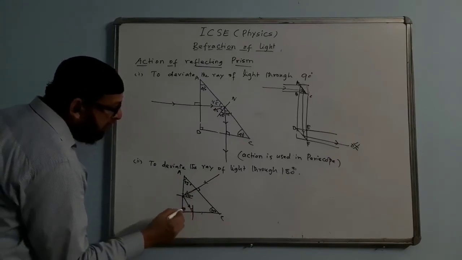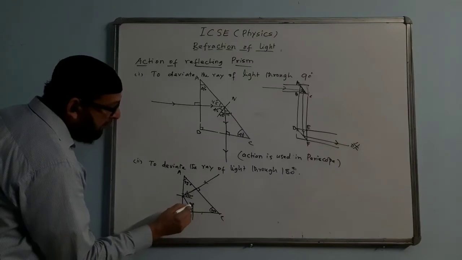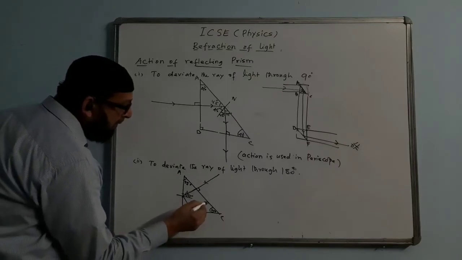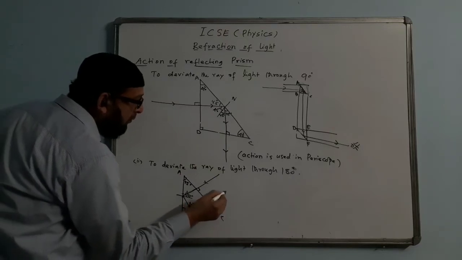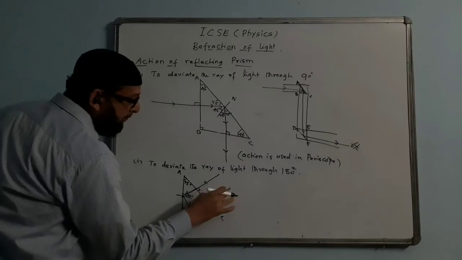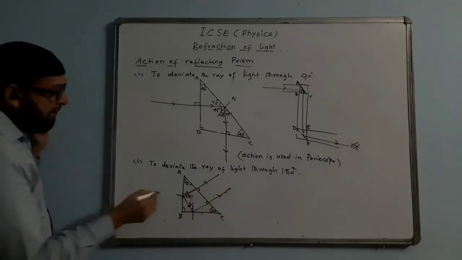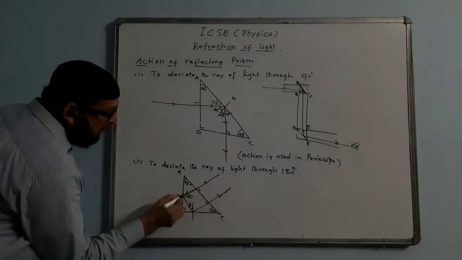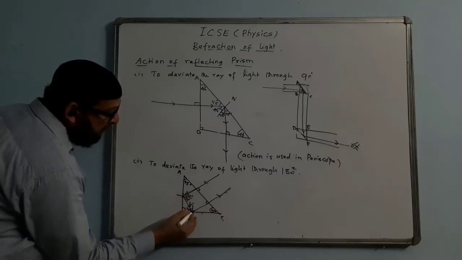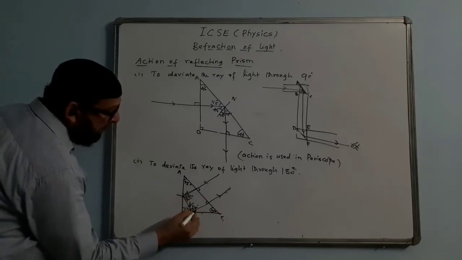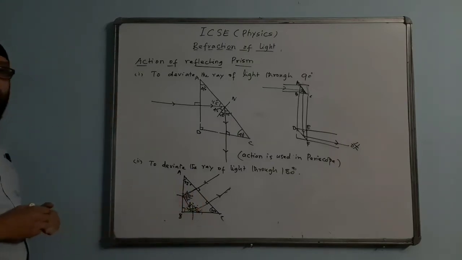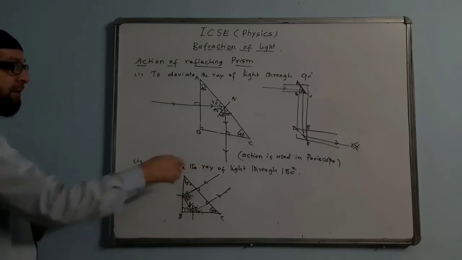Again we check the angle over here. This angle again becomes 45, so again TIR will take place. This angle will again be 90 degrees. This ray will go back like this and return in the same direction. Everywhere the angle is becoming 45 degrees. Then the ray returns back in the same direction.